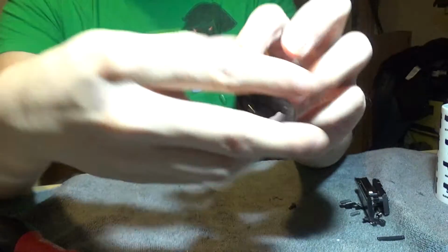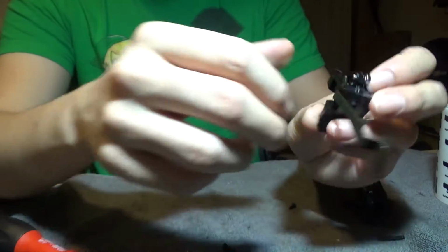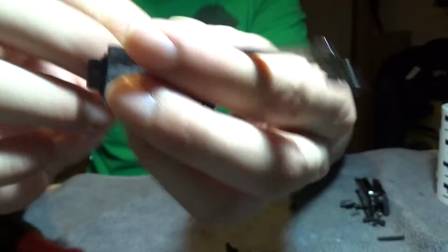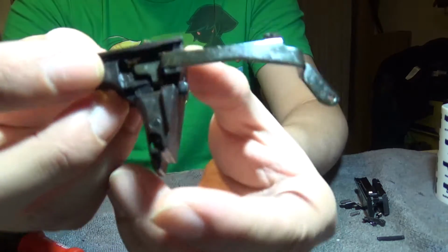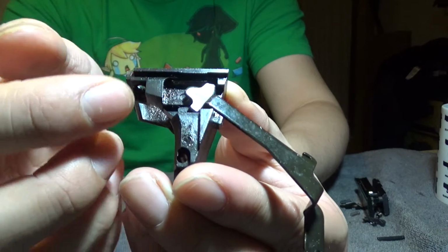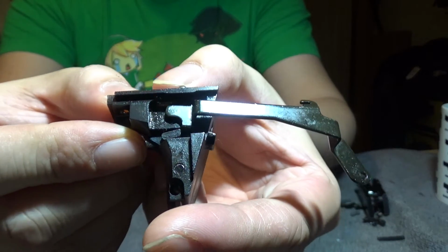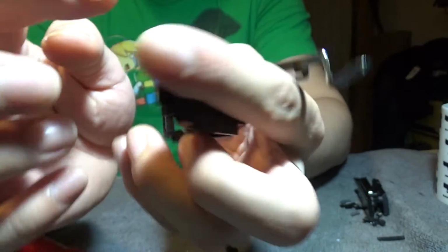Okay. And now, this is the original Tokyo Marui trigger bar. Okay, watch very carefully. Oh, sorry, it just tipped. My bad. Let me redo that. Much less effort, okay? Now, I can't exactly show you this very clearly, but just trust me on that. It's just because the disconnect is actually softer. It pops out of here very...